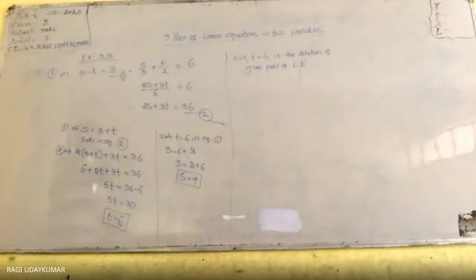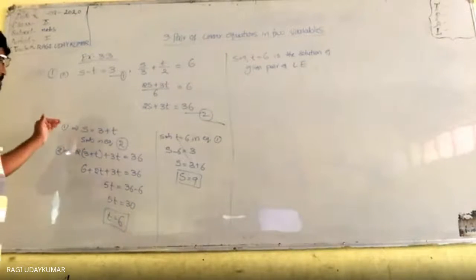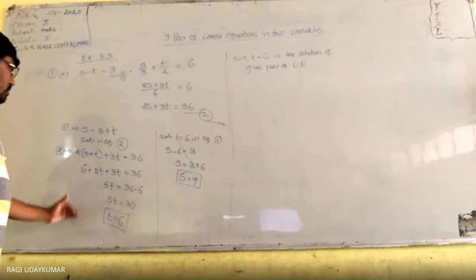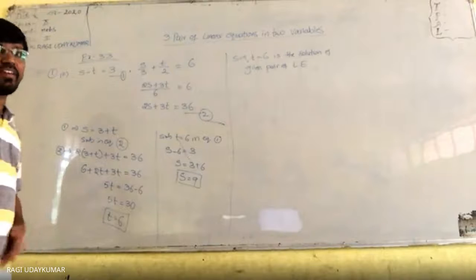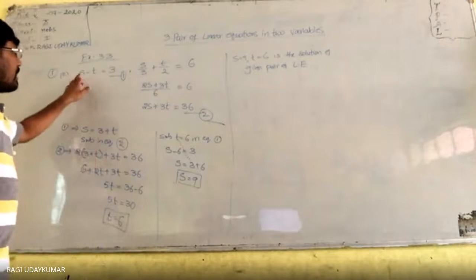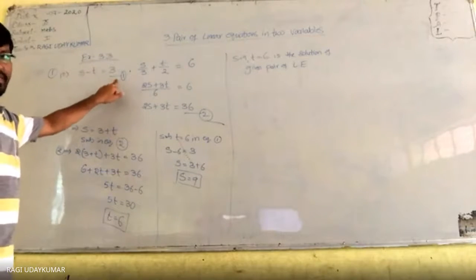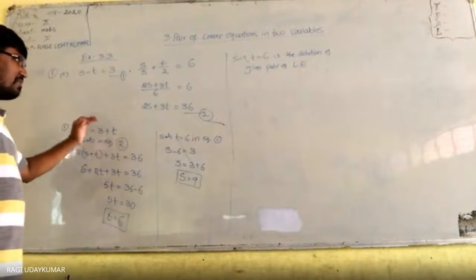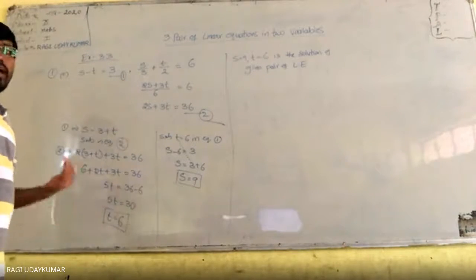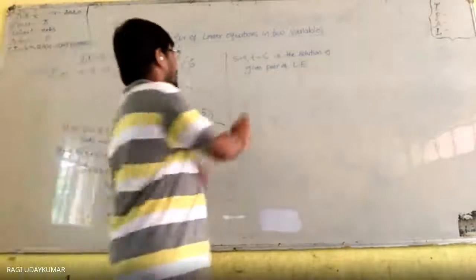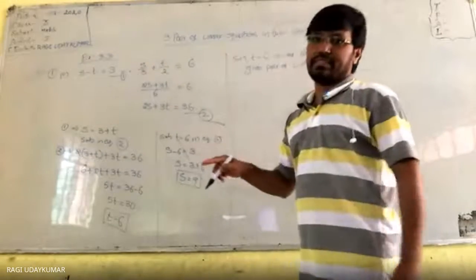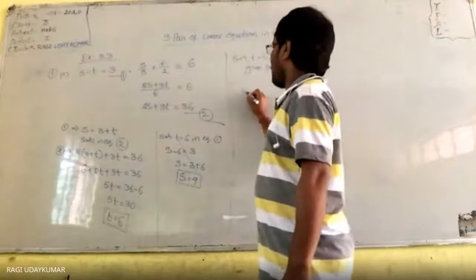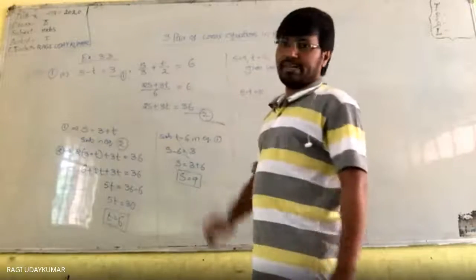So now if you see properly here, what do you come to know? This solution can be done in another way also. Here we have written the s value in terms of t, and it is substituted here. So I will do the same solution in another way: you can write t in terms of s. s minus t is equal to 3 is the one equation.